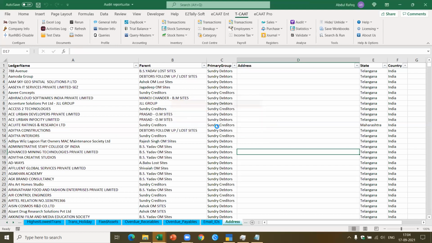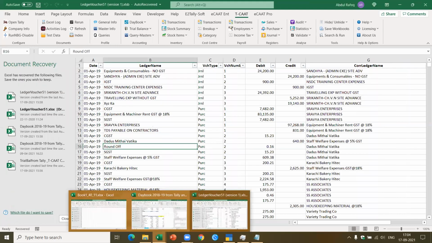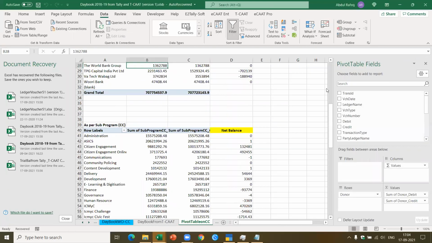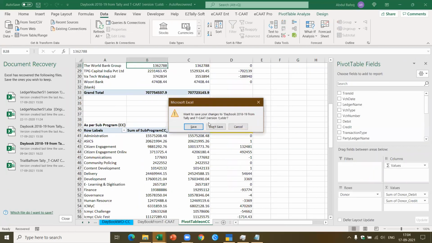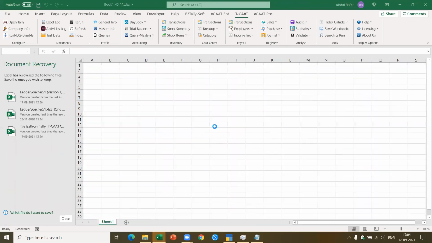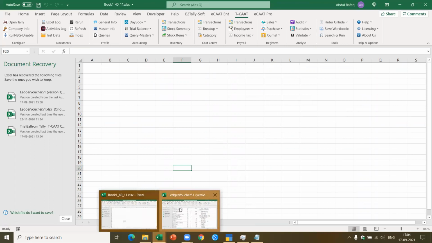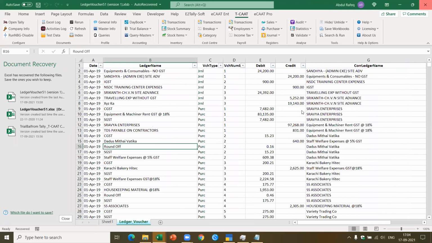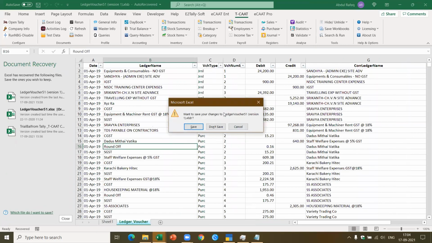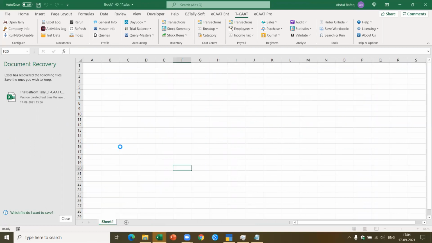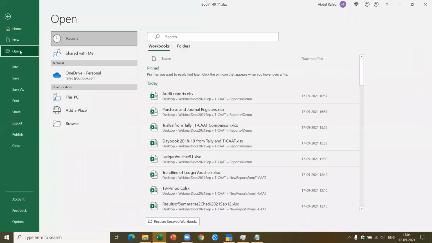All the information is available from Tally. We give you in a ready to use format so that it becomes very, very simple for you to use. So you spend more time in the real audit, analyzing the data rather than trying to hunt for information. We will be able to provide you access to all the data directly from Tally here. Let me open one company where I have the data pertaining to monthly summaries, and then in 2 more minutes, I think we'll be able to close it.